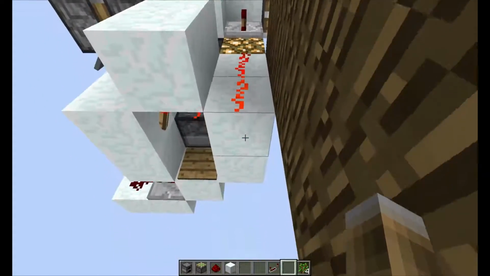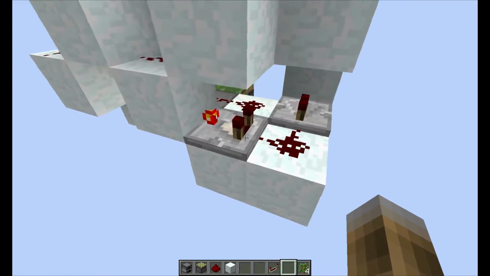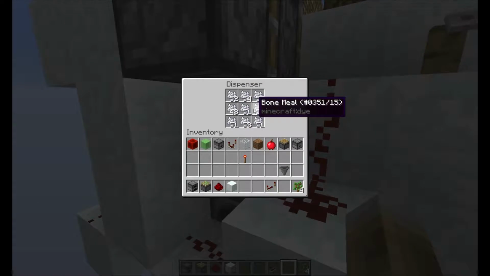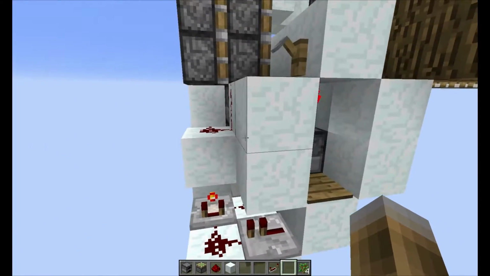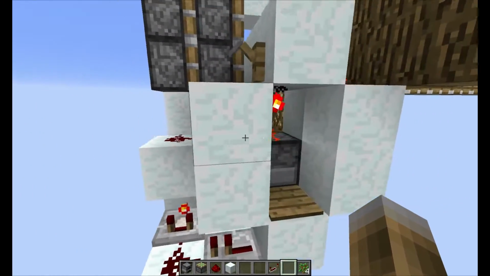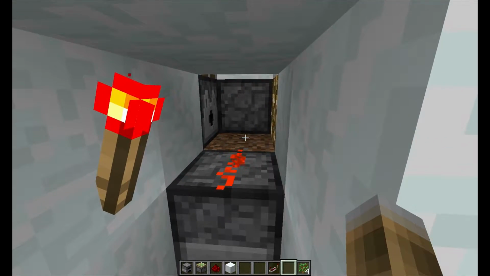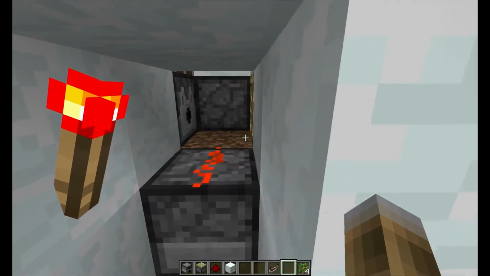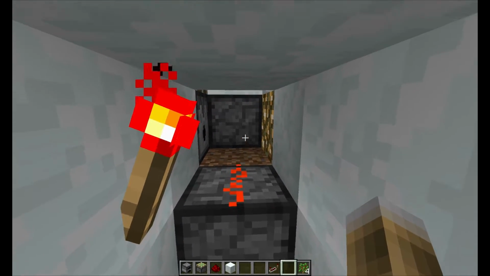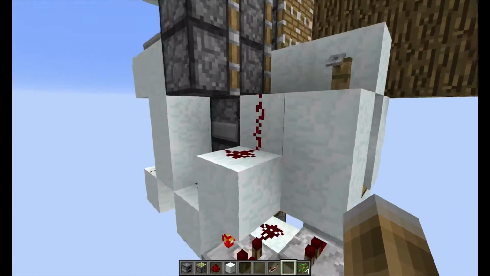So the way that this works is when you stand on this pressure plate, you activate this clock, and that will rapidly power this dispenser to bone meal the sapling you place. And also I have a torch here and redstone dust, so once the tree grows there will be a wood block right there in front of the dust, and that will power this dropper. That dropper will then